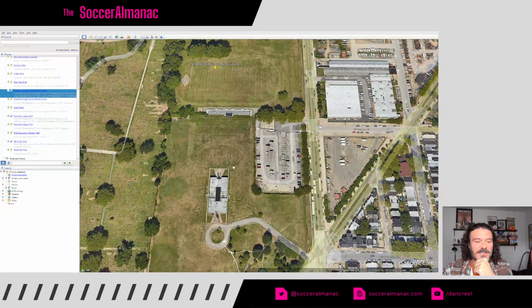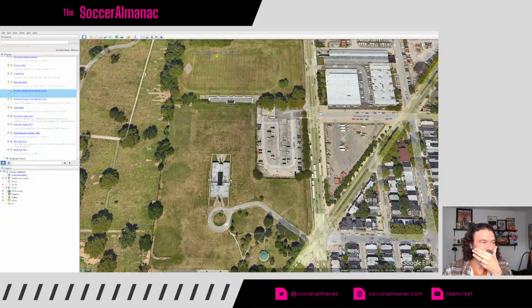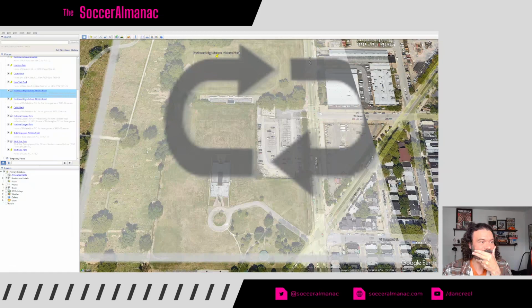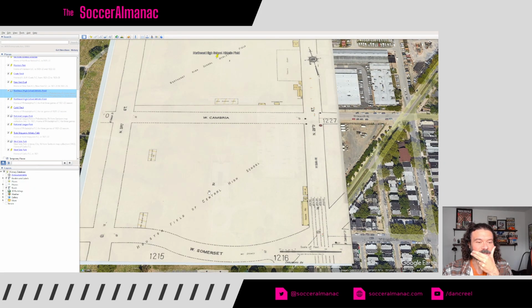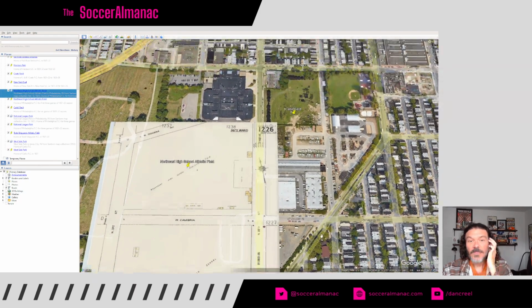And you see there's another old field. It's no longer here. You can see the outline of the track here. There's another field. Here's a little soccer field here. You can barely see it. This is a completely different field, but you can see here on this map, 1921, I believe, there's 2 separate fields here.